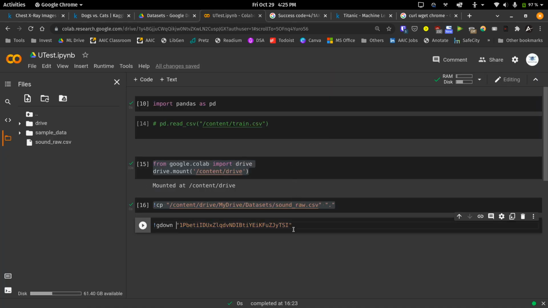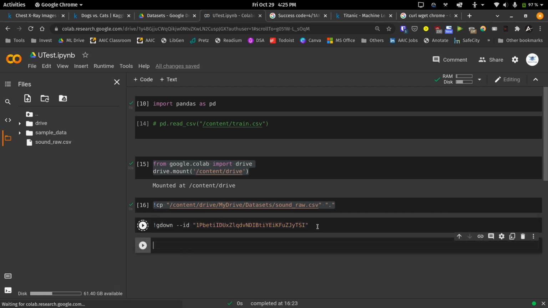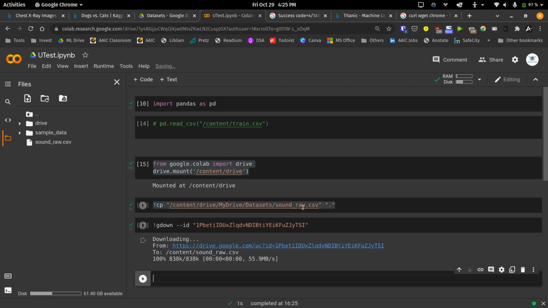So the command is simple: !gdown -ID space followed by your Google file ID. Okay. So what this would do is, this would download your particular file to your current directory.